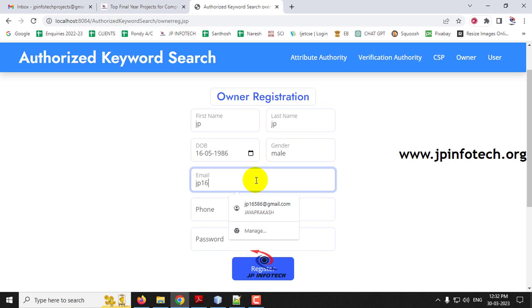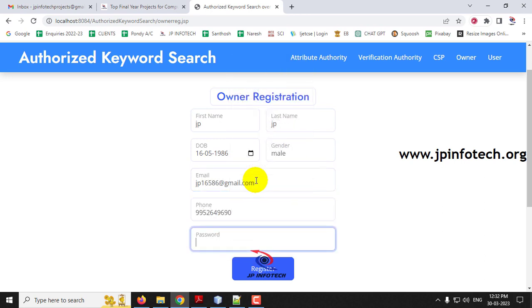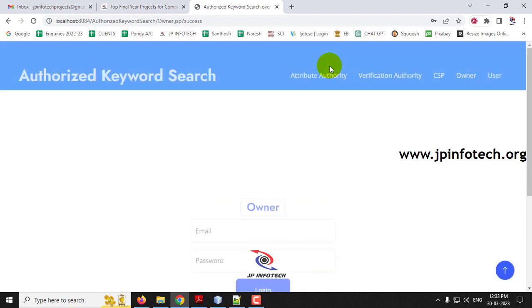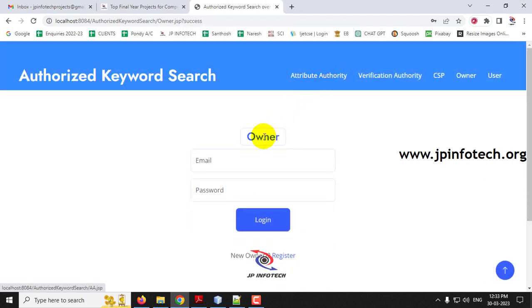Email ID, phone number, and password, and click register button. And now you can see the owner registration is success. Click OK. So once after the registration is success, it will be navigated to the owner login page, where you